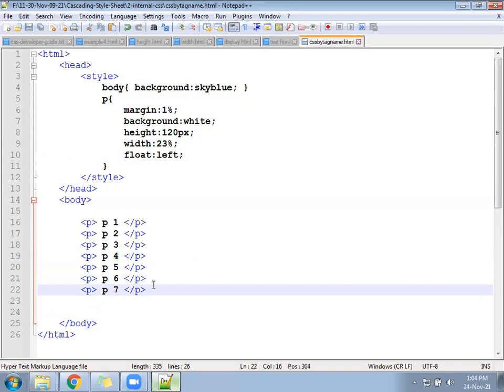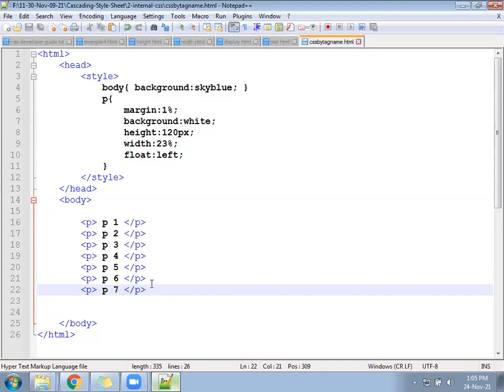See how many are coming. 4 will come in one line, and the remaining 3 will go to the next line. More than 4 will go to the next line.